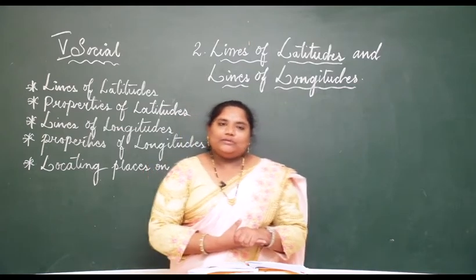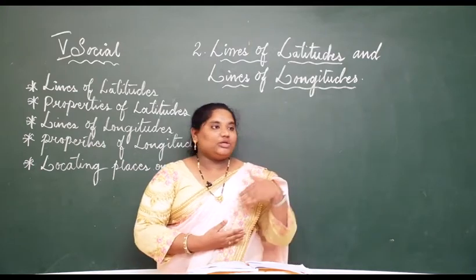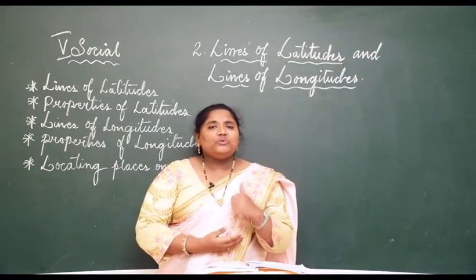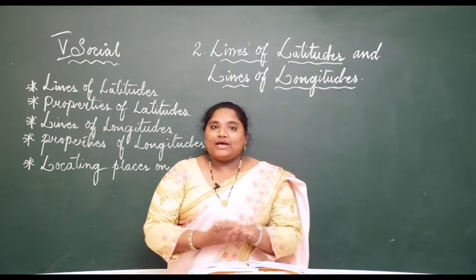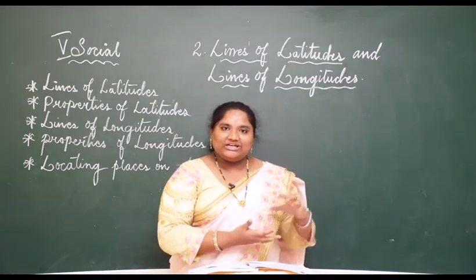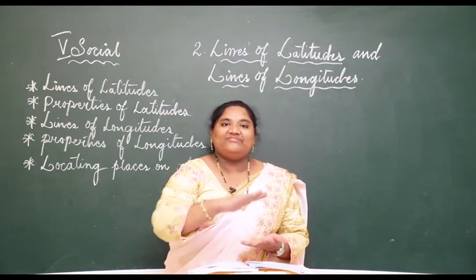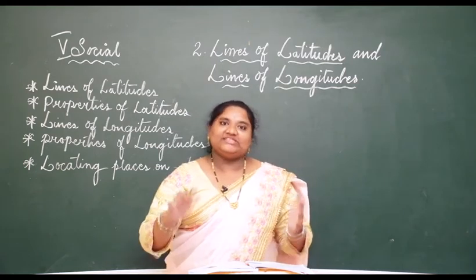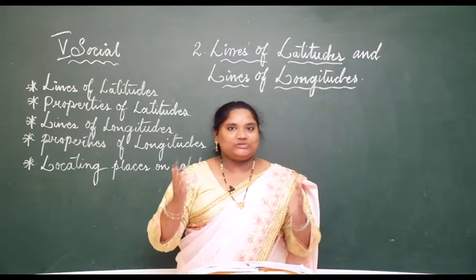But earlier the people did not know how to find the address. They used to travel by a guess or an idea. So how do we locate this address on the globe or on the map? As we have learnt in our last class, what is a globe? Globe is a model of the earth and map is a drawing which is represented on a flat surface, or a part of the earth on a flat surface in detail, which can be easily carried to any places. Those are maps.